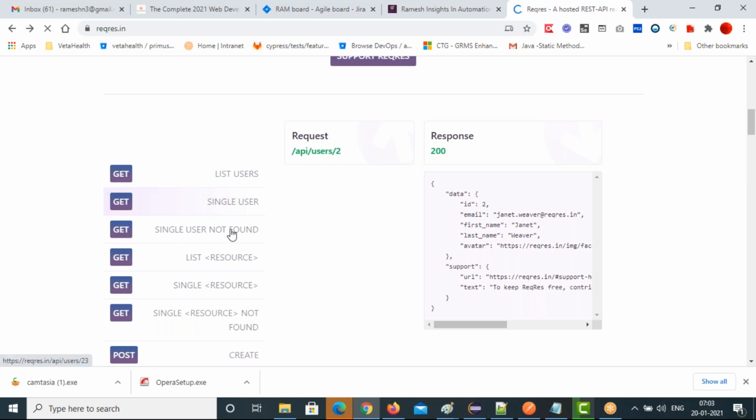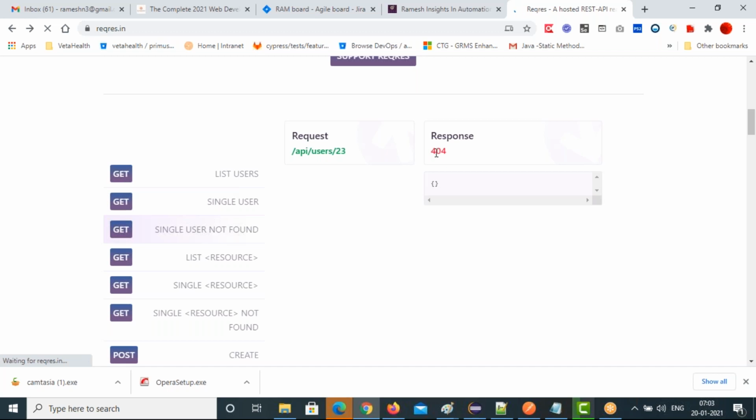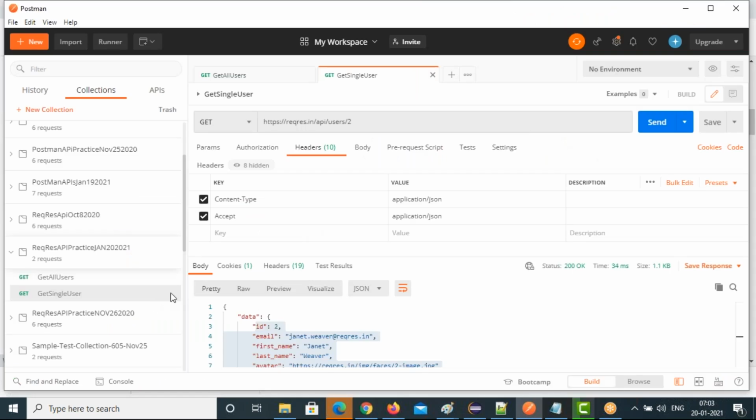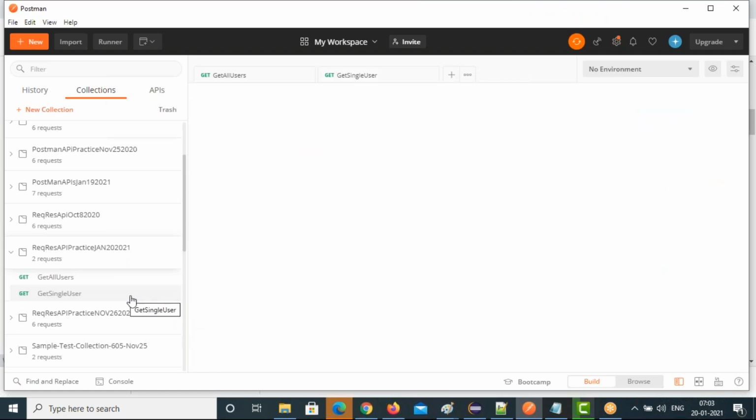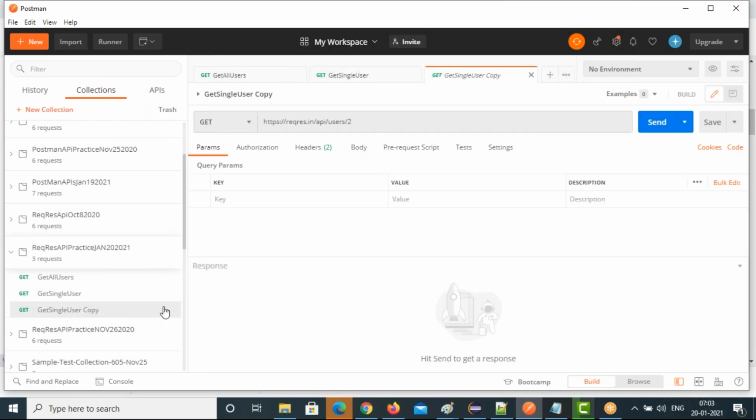And then single user not found. Next one. So we're executing one by one, 404 not found. That means this user is not there. That's why you won't get any data. So let's create this same thing, duplicate it, and name it single user not found. I'm just giving another request name. See that our request method and the URL are the same.